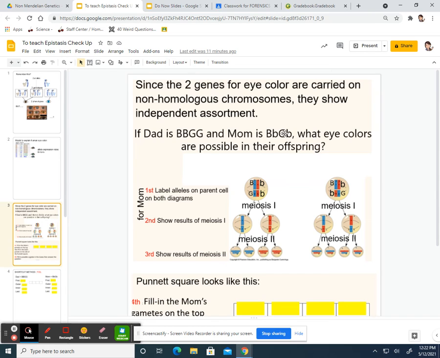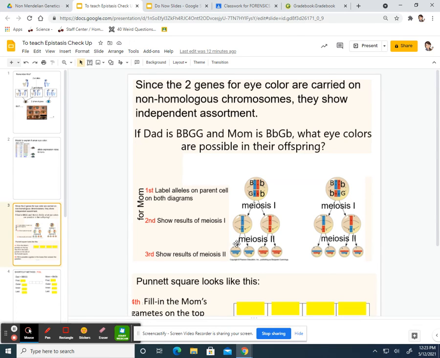And then for the second gene, she is big G, little b, and we can see that gene is on a completely different chromosome, since it's smaller in size here. So she inherited a big G from one parent and a little b from another parent. Independent assortment refers to the fact that since these genes are on completely different chromosomes, they could line up this way, just like we have them, then these homologous pairs would separate, and that affects what ends up in the gametes here. When these homologous pairs separate, and then those sister chromatids separate,